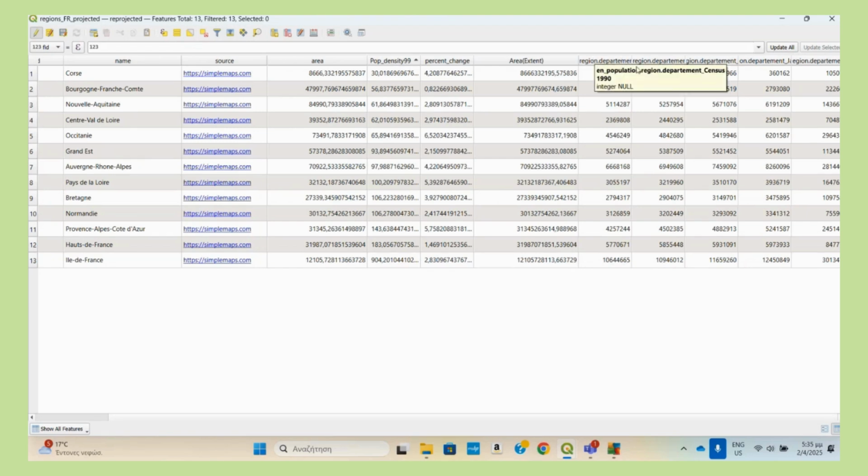What I did is I divided the population in 1999 by the area of its region and created this new field, population density. Therefore, in order to show you how to do it, I will create a population density for